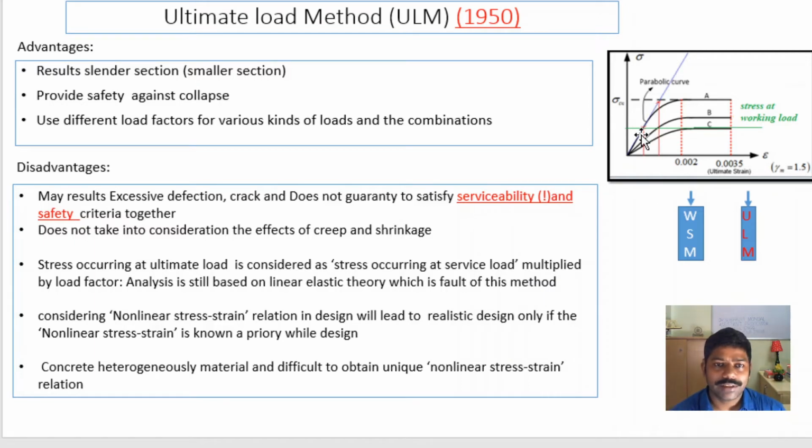Here you can see this example. Initially we calculate all the stress here and then multiply, so it will reach somewhere here, and according to that we do all the calculation. We calculate the stress, we calculate the strain. So whatever theoretical calculation we do, the strain will be somewhere here based on linear elastic theory at the ultimate load using the ultimate load method. Then in the actual case, what happens is that at this stage the concrete will reach a strain of up to this much. If you draw one line here, the strain will be somewhere here.